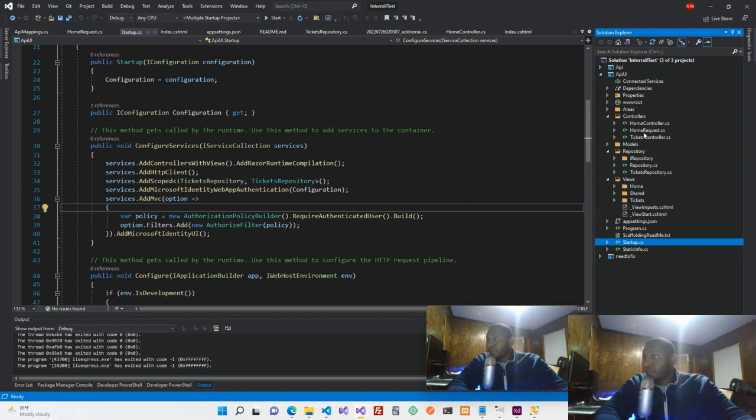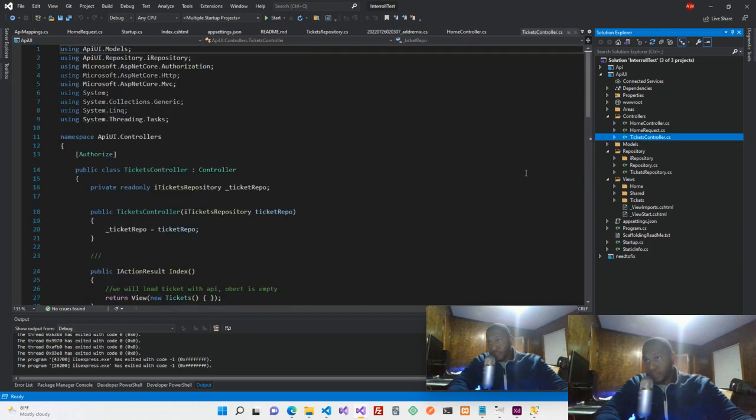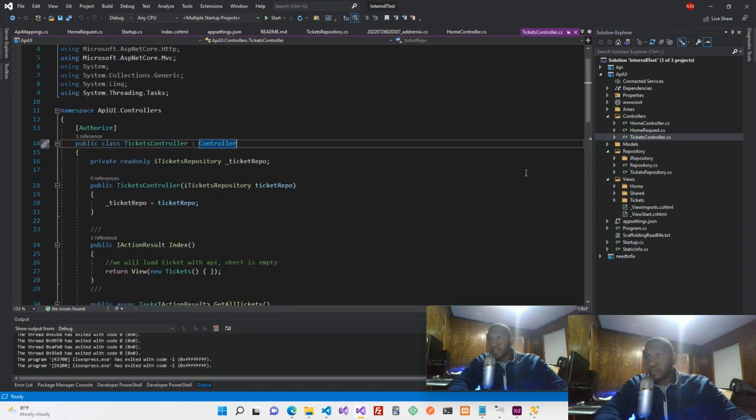And I have my controllers. It's an MVC model, so I have my controllers, models and views. You look at my controllers here on the front end, right? You see the home controller, you see the tickets controller. This is pretty much the tickets controller that's consuming the ticket repo, which is really a principle in back-end